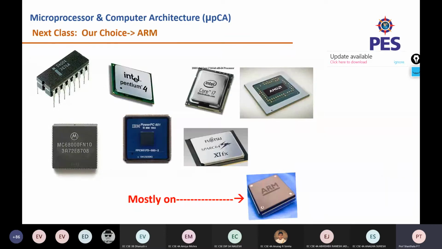Now some of the architectures. We have Intel Pentium 4, Core i7, AMD, and IBM processors, and also SPARC architectures, SPARC 64 being one of them. We have many architectures under RISC and under CISC. For our subject, we are going to discuss the ARM processor, where ARM is a reduced instruction RISC machine, or rather an Advanced RISC Machine. In the next class,